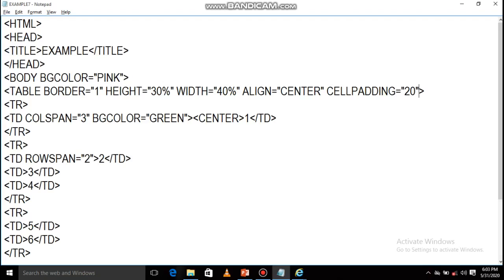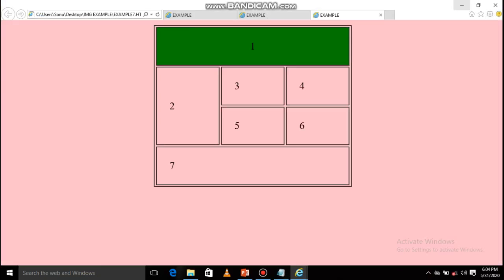It will create some space from the table boundary to the characters in between. So cellpadding is equals to 20. Save the changes, go to the browser, try to refresh it. Now see, the table appears in the center and this content is shifted a little bit here.